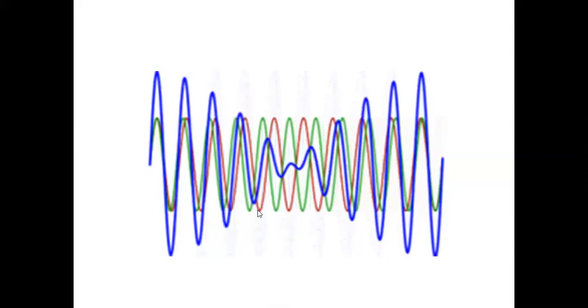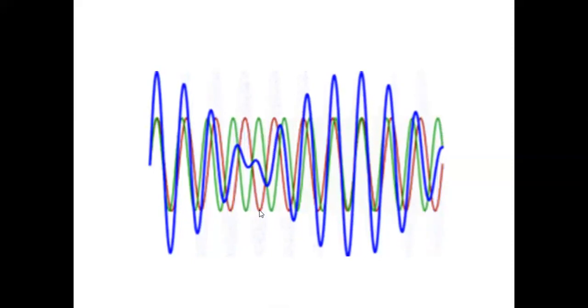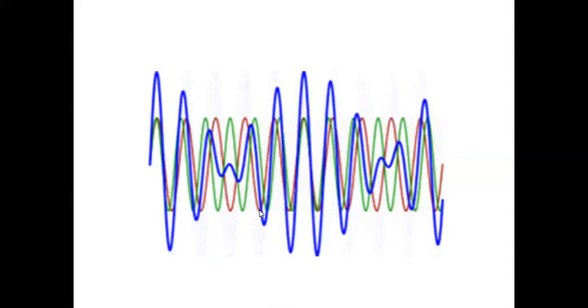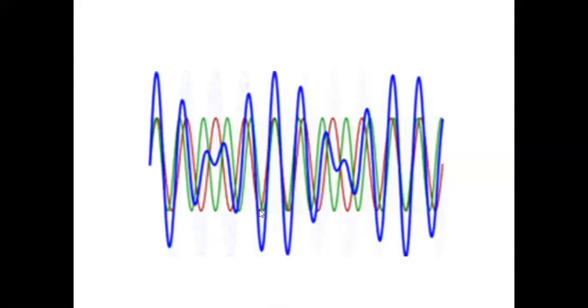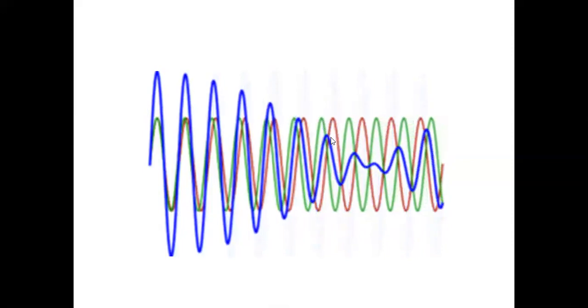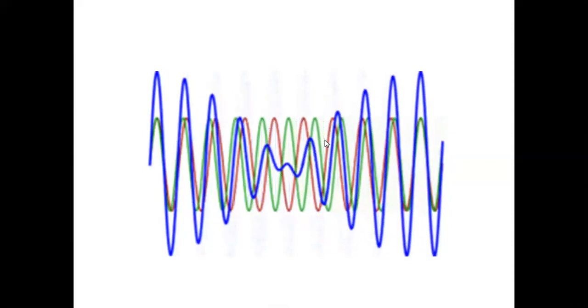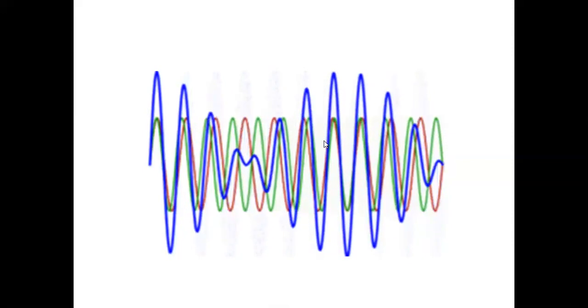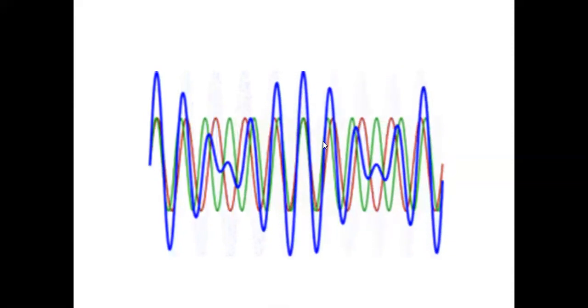Even when two water ripples superpose, the same thing happens. We will see a video in which water ripple superposition has formed a new wave, and the new wave will be like this. Wherever crest falls on crest, we get maximum water ripple. Wherever crest falls on trough, we get no wave at all. The molecules don't vibrate at all.